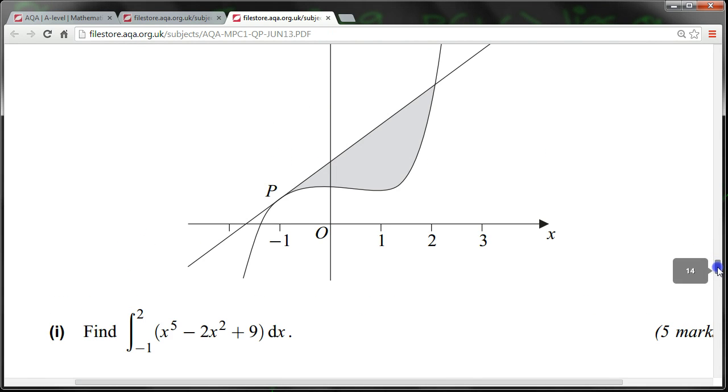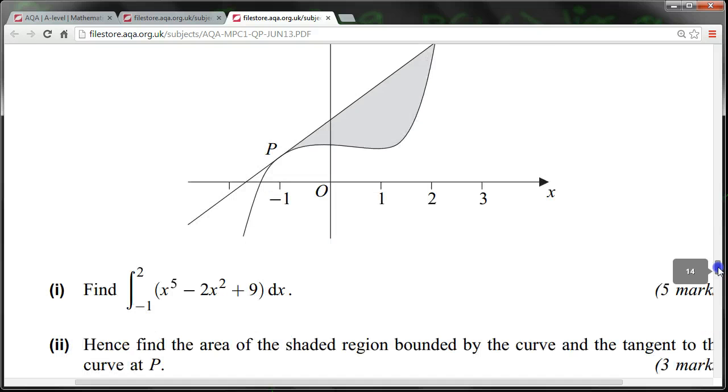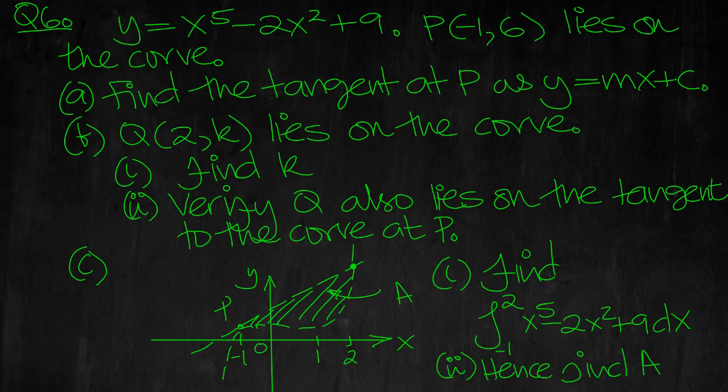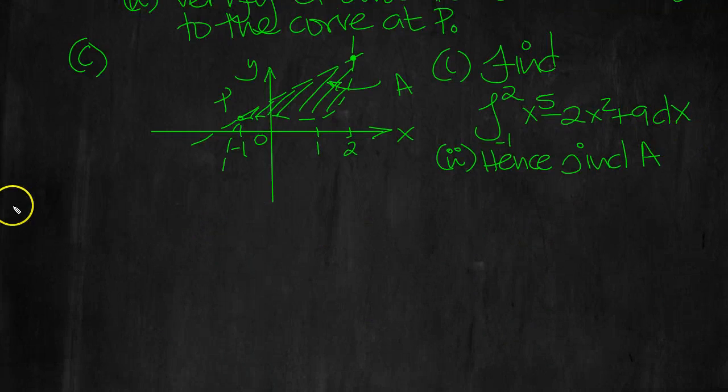Okay, that's the actual question then. There it is there. I've summarized it here. Everything's here we need. So I'm going to have a go at it then. Find the tangent at P (minus 1, 6) in this form, and the curve is x to the 5 minus 2x squared plus 9. So A,